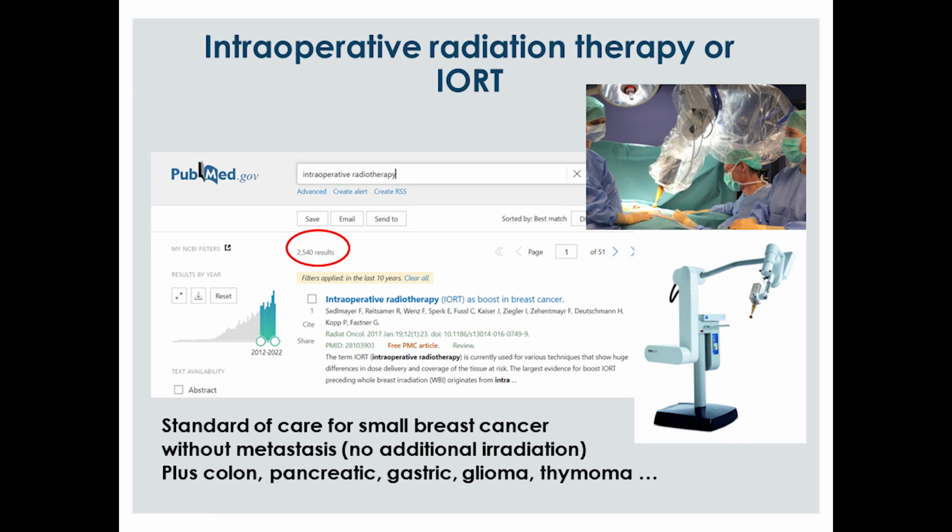So now we've done our 5 steps for managing our soft tissue sarcomas. What if we add another step, which is intraoperative radiation therapy during the surgery? Because when you look on PubMed, you have 2,540 results. That was very recently. I've done this for you. And that was back in 2010,